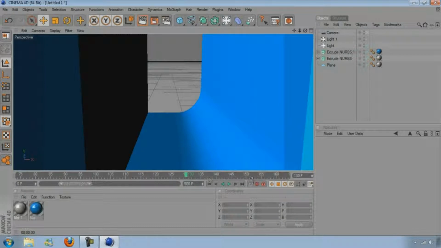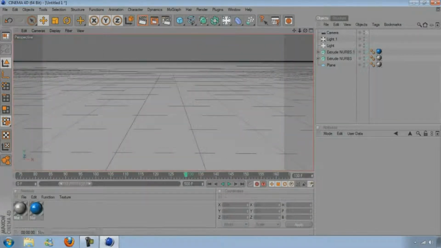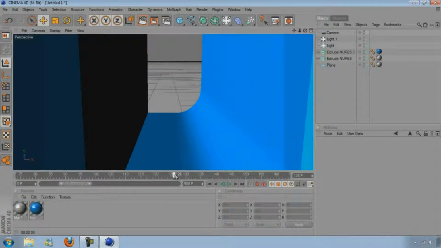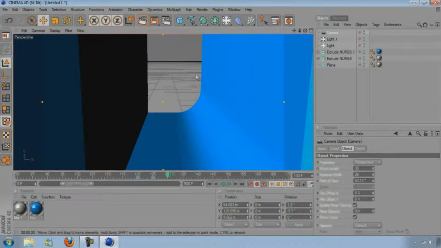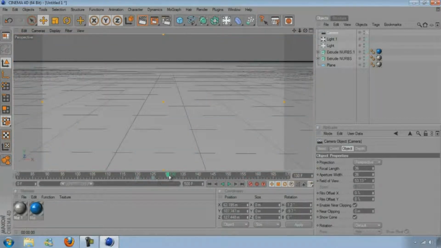Actually wait, I'll do it to 130. There we go, that should do something. No, it isn't. What? Oh, I haven't got the camera selected, that's why. So yeah, make sure you've got the camera selected, then move along and press this and then zoom in, and now it should work